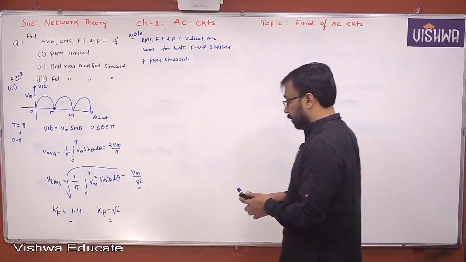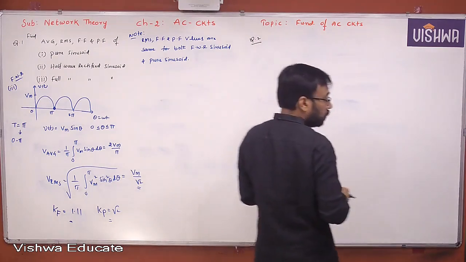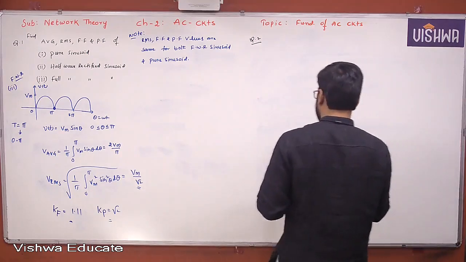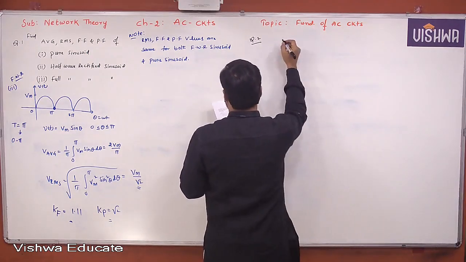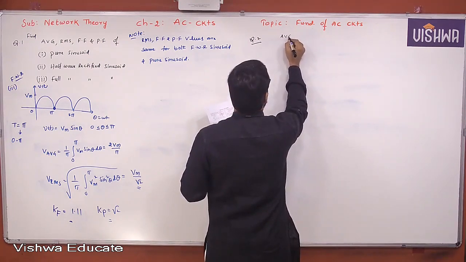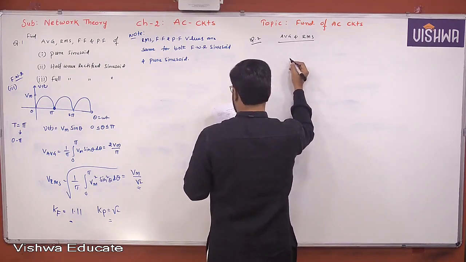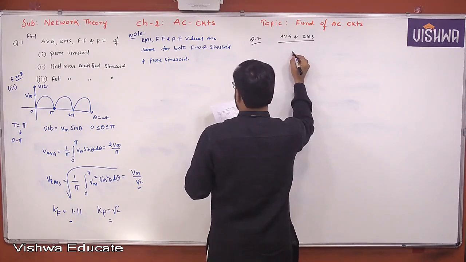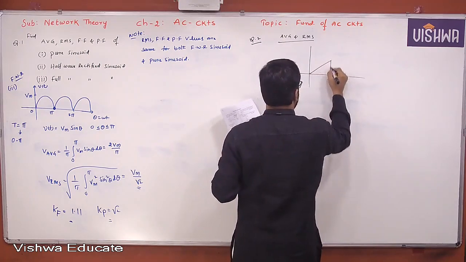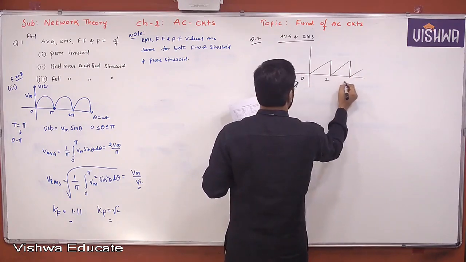and pure sinusoid. Okay. Question number 2 from classroom workbook. Determine average and RMS values. Determine average and RMS values. 0, 2, 4